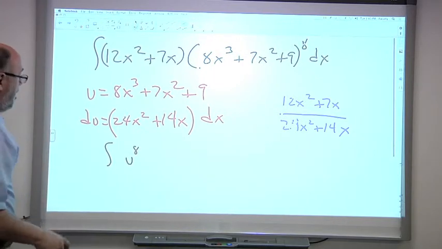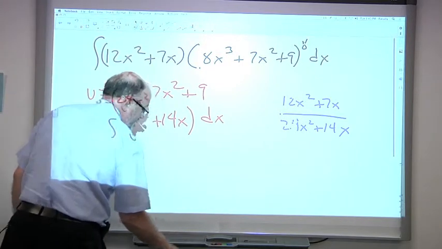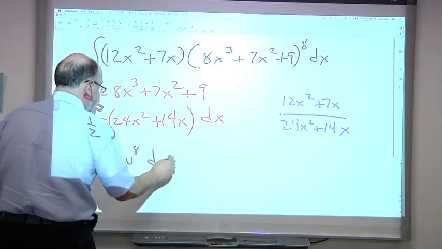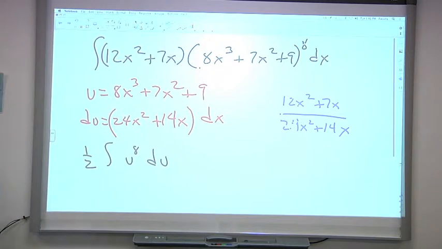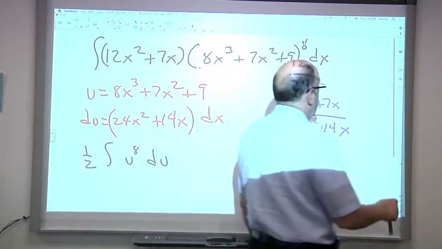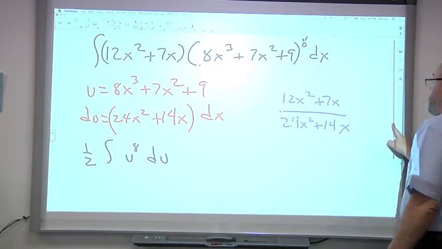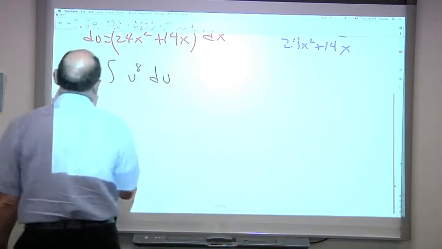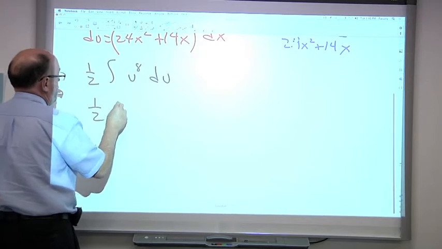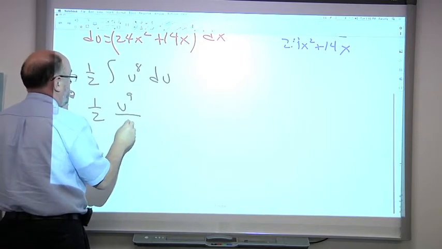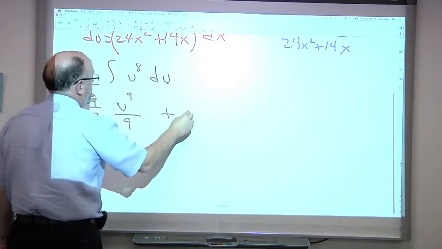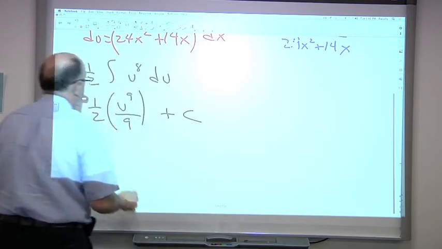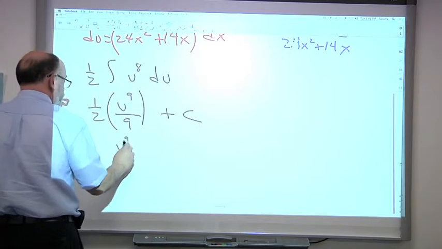And so my factor in this case is going to be 1/2. And that goes out front of my integral. And so again, we're in our basic form where we can integrate. So this will be 1/2 u to the 9th over 9 plus c, which will give us u to the 9th over 18